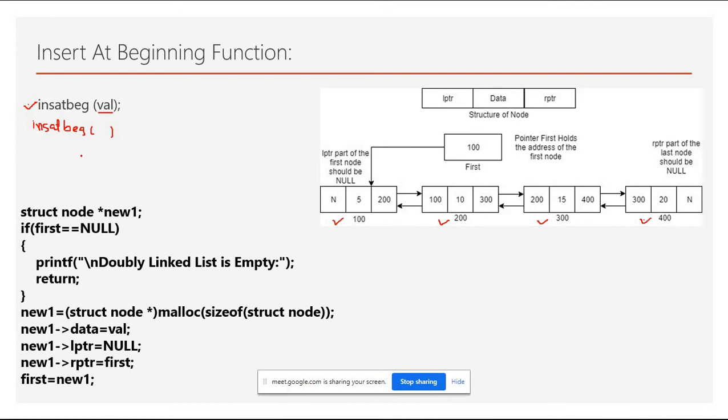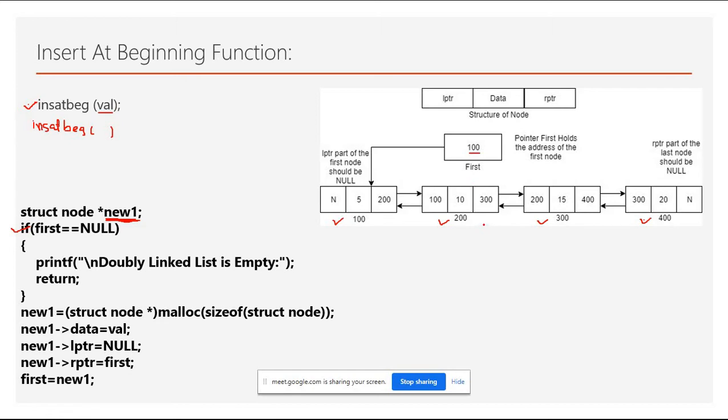The user first has to call the create function, right? If the user has performed the create function, and has inserted 2 or 3 nodes, then the other functionality will work. So here I just have to take a new pointer, because we are inserting a new value, and for that purpose we need to create a new node. So a new pointer is needed. Then I have to check whether the first pointer is null or not. This is my first pointer. If first is null, that means the user has not performed a create operation yet.